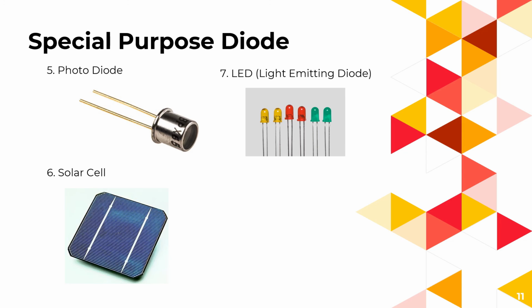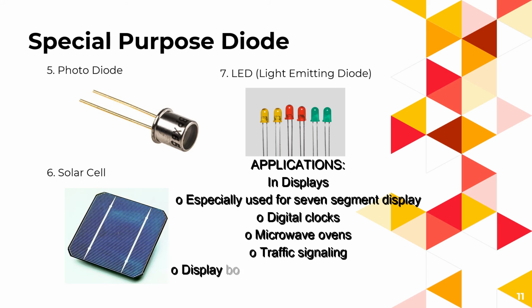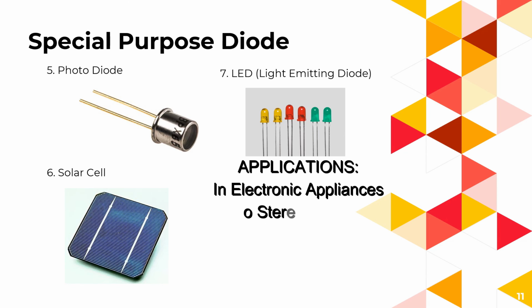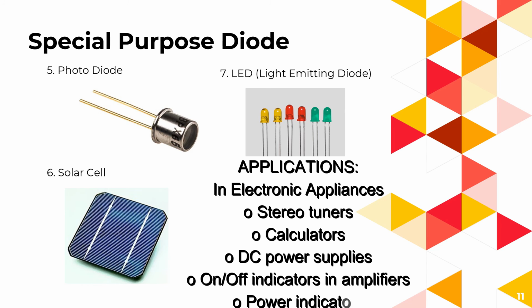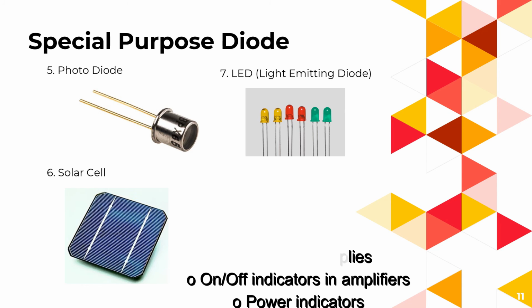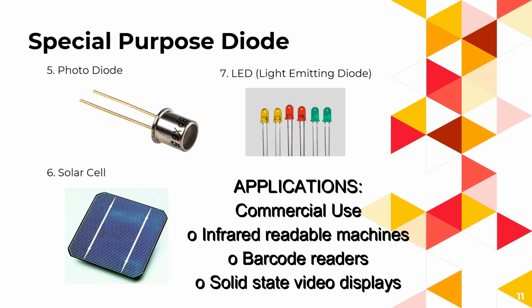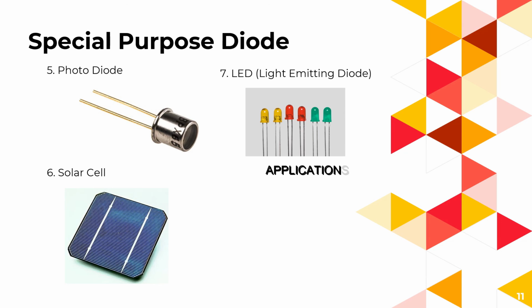There are many applications for LED, such as in displays, especially used for 7-segment display, digital clocks, microwave ovens, traffic signaling, display boards in railways and public places, toys, in electronic appliances like stereo tuners, calculators, DC power supplies, on or off indicators in amplifiers, power indicators, in commercial use, infrared readable machines, barcode readers, solid-state video displays, and in